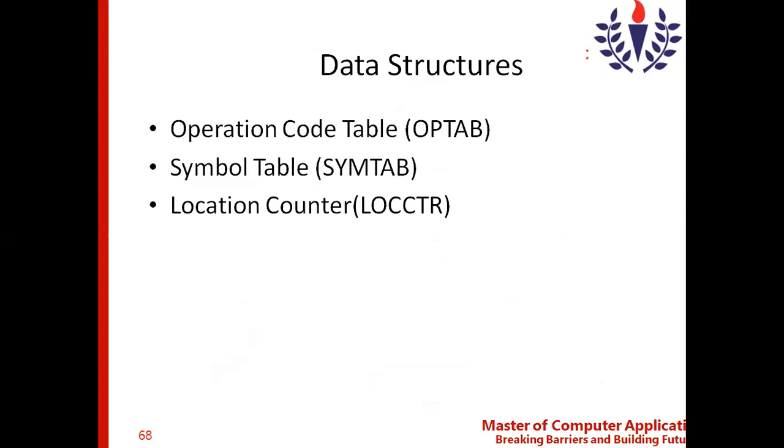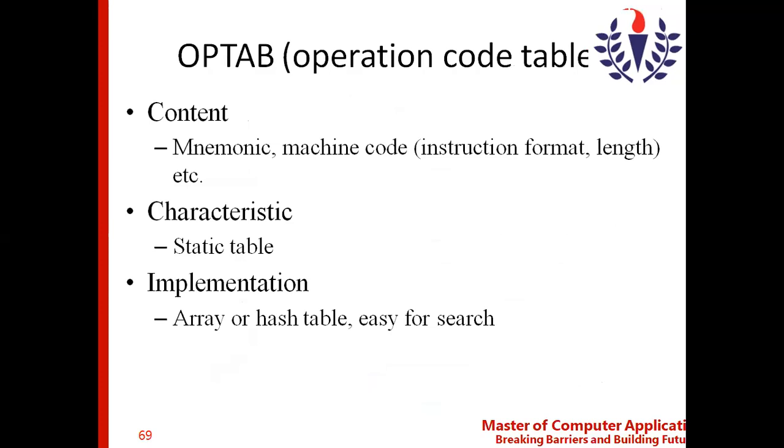As I already mentioned, what are the data structures? If you look at the first data structure, that is the op table, the operation code table, the content of the op table is the mnemonic. Mnemonic is nothing but the operation code we use, for example LDA, STA, JSUB; all these are called mnemonics or operation codes. By seeing this opcode, we make out what operation is carried out in the particular instruction. As a programmer, you would like to do some operation by using this mnemonic, followed by the machine code.